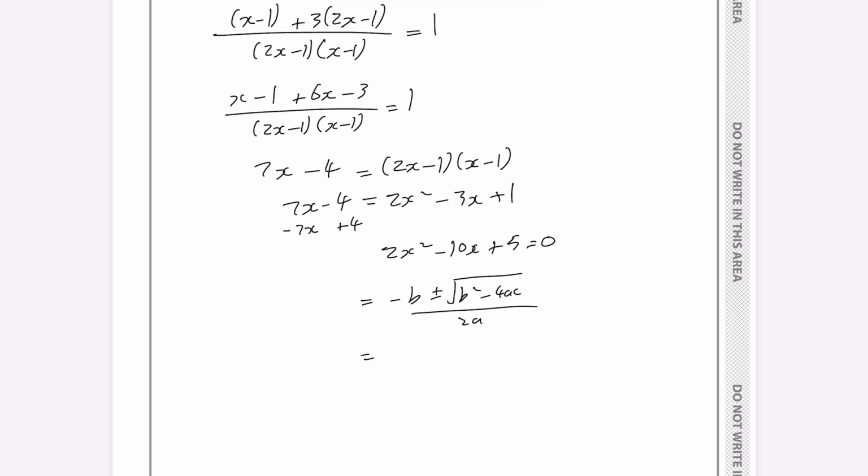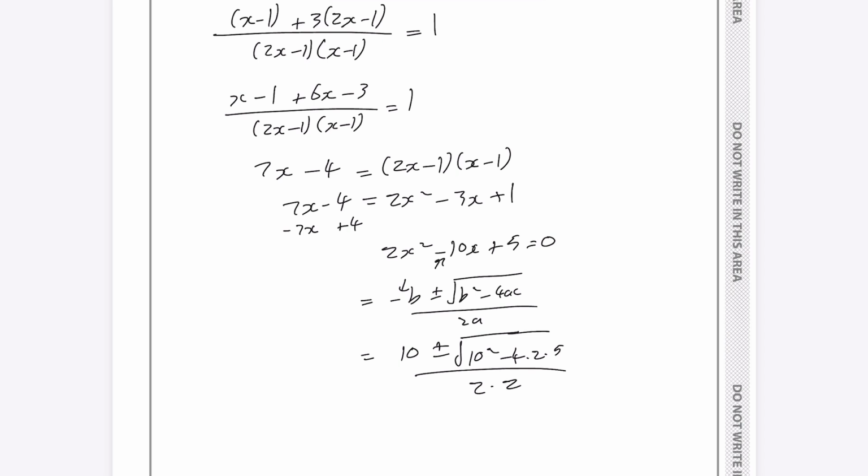So the b is -10. So in this case, it becomes 10 because we have a negative there and a negative there. That becomes minus 10. So that just leaves us with a positive 10. That's plus minus b squared, which is 10 squared, minus 4 times 2 times 5, all over 2a, which is